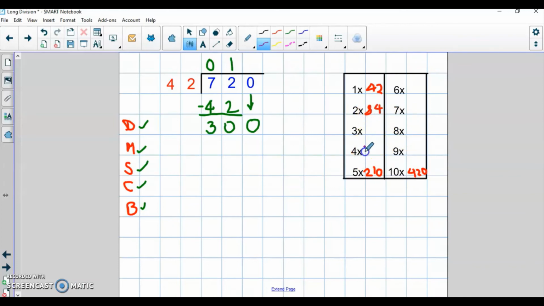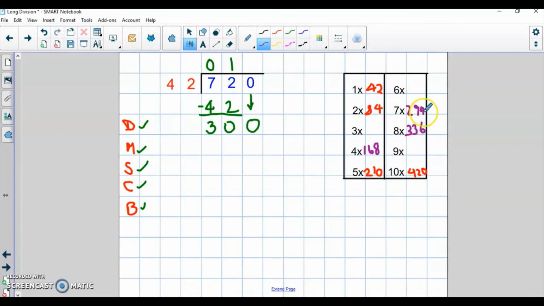So I've got 84, double 84 is 168. Okay, and I'm going to double that to get my 8 times and see where my 300 fits. So double 168, well double 8 is 16, and double 160 is 320. So 336 is double 168. Now that's too many, isn't it? I've only got 300 that I want to put into groups of 42, so I can't get 8 full groups, so that's no good. I'm going to subtract 42 from that to get my 7, and that's going to bring me to